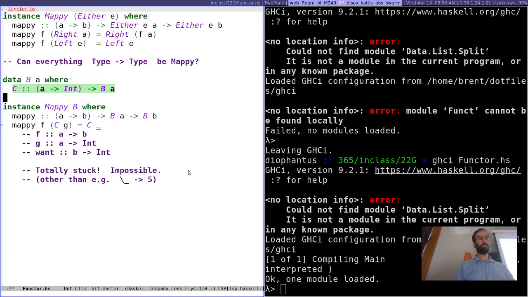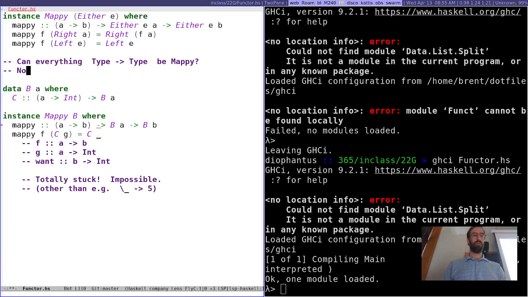Anyway. It kind of makes sense, because it's kind of how we work with the types. Right. You always have to match to the first